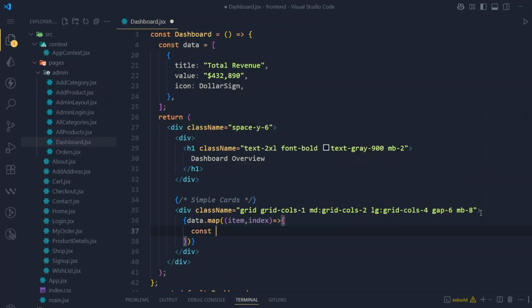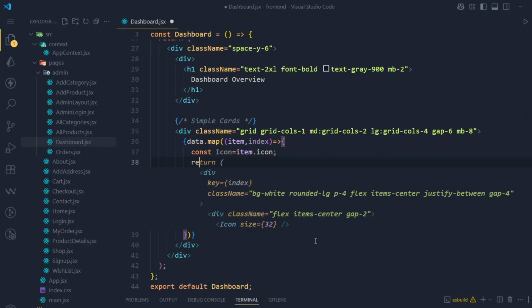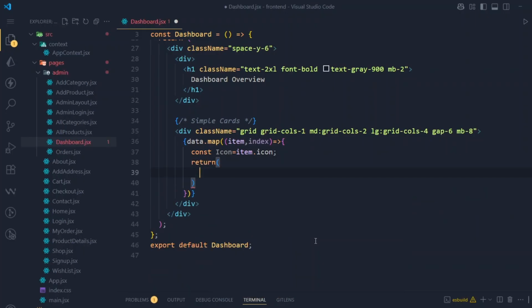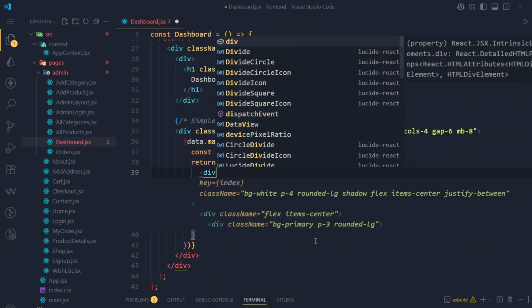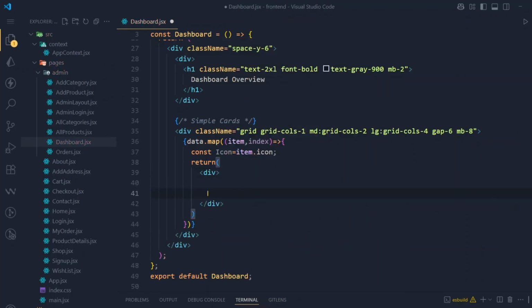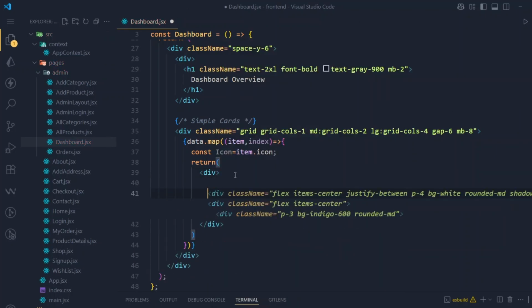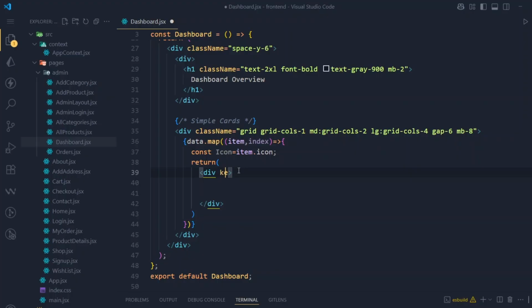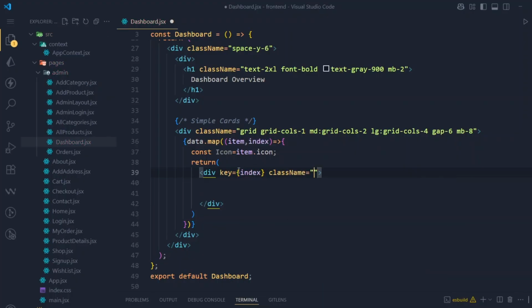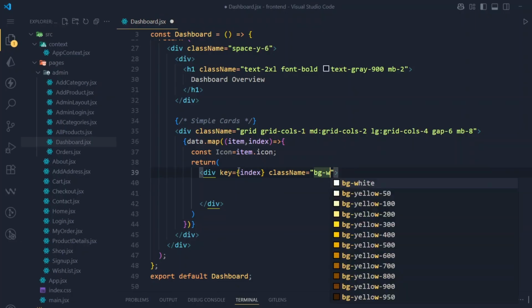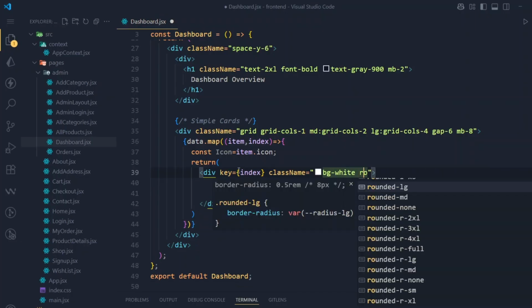Okay, here instead of this we will use curly brackets, and here we will use const icon like this, and it will be item.icon, and below this we will use return like this, and here we will use one div tag. This is our div tag, and we will use the key property, and it will be index. We will use className, and the className will be background white, rounded LG,